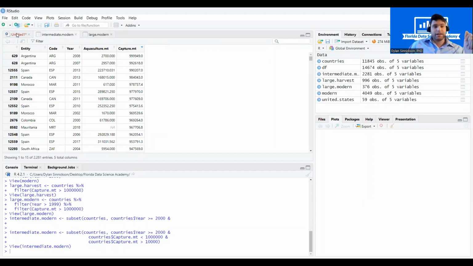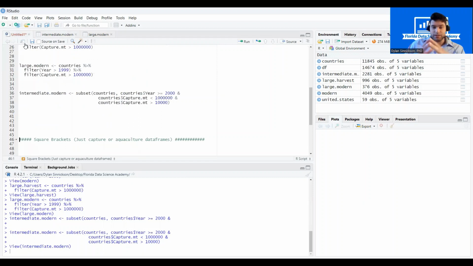So that has created the object that we were looking for, these intermediate capture fisheries that are all relatively modern. So that's good. We're working with more complicated subsets. We have multiple different criteria that we're working with. Now let's move on to working with square brackets, where we only want to create a data